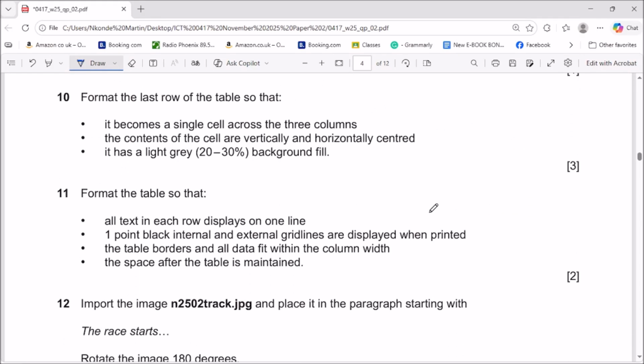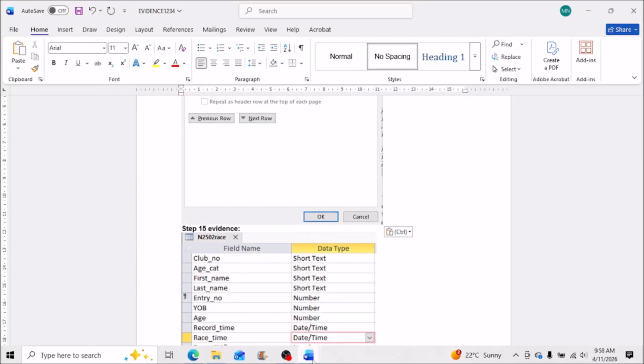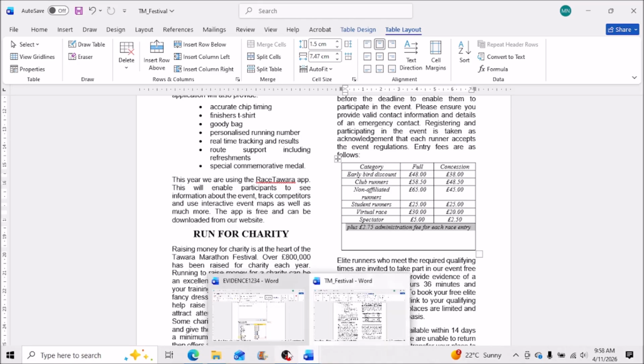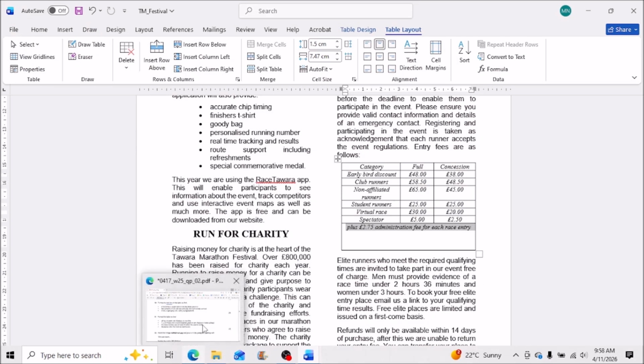Format the last row of the table so that it becomes a single cell across the 3 columns. So we go to the last row and you're going to ensure that that becomes a single cell across the 3 columns. So this one here, just need to merge like that. Okay,